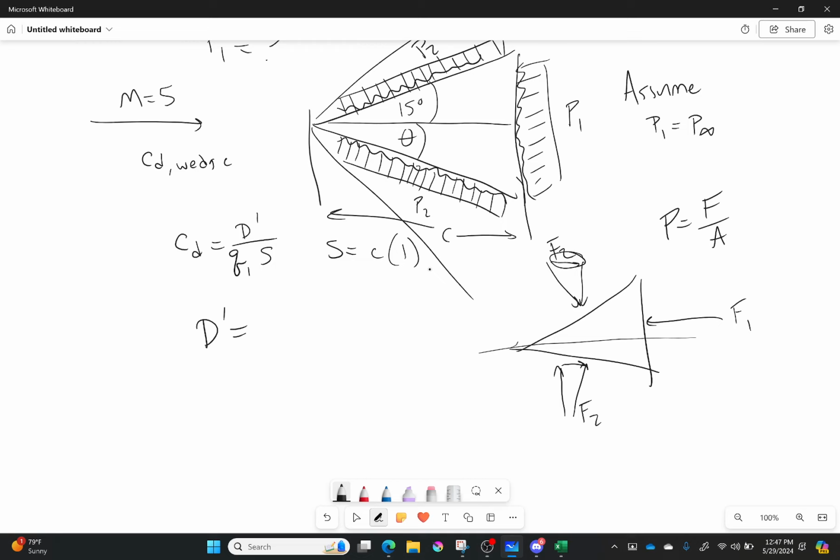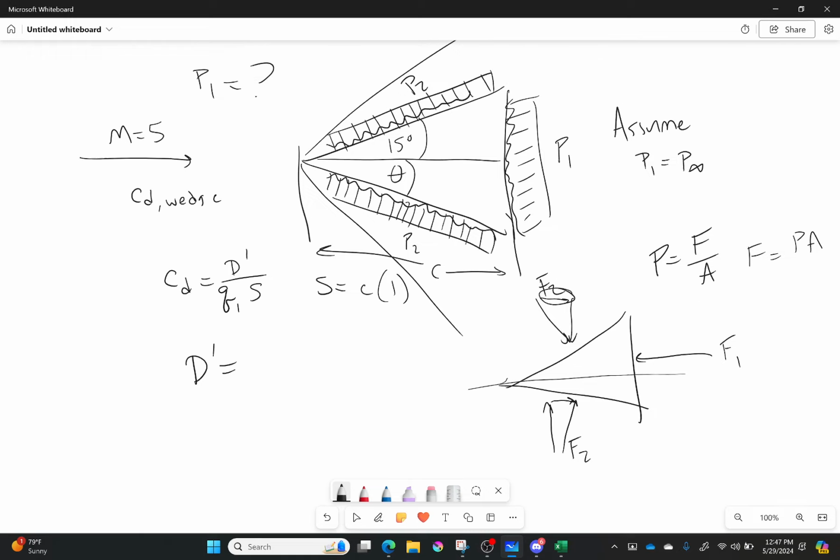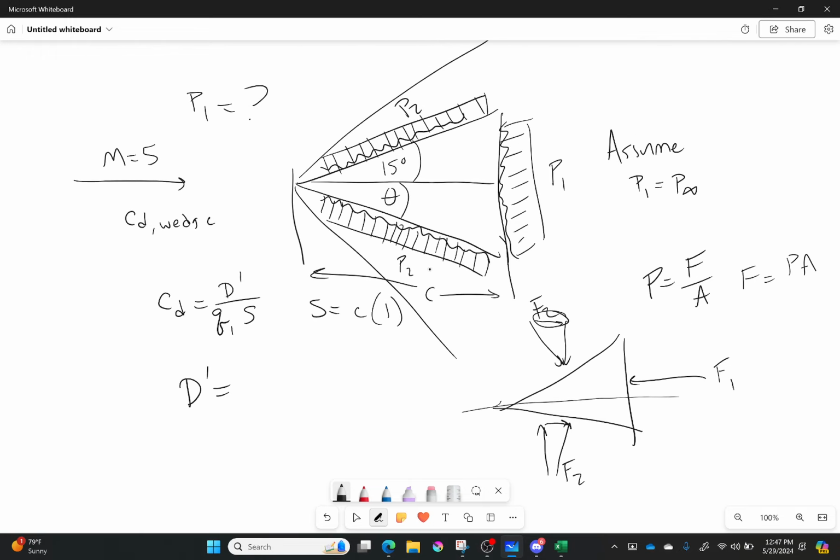Okay, and I can rearrange that to say that force is equal to pressure times area. But what is my area? Well, I'm going to introduce a new variable to help myself out here. That variable is going to be called L. I'm going to say that this length right here on that surface is called L. Okay? And so that force,